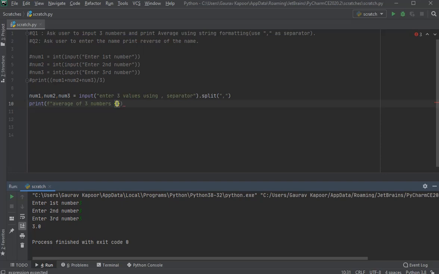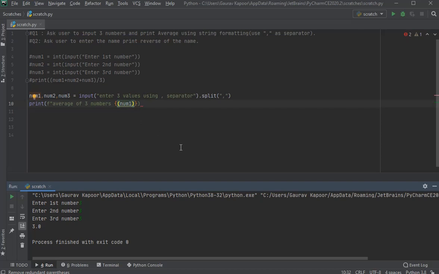And again, now we have to use the same idea: number 1 plus number 2 plus number 3 and divide by 3. So I am putting number 1, but it is a string, right? The way we did it over here, we didn't convert it to an integer, so it will be a string.